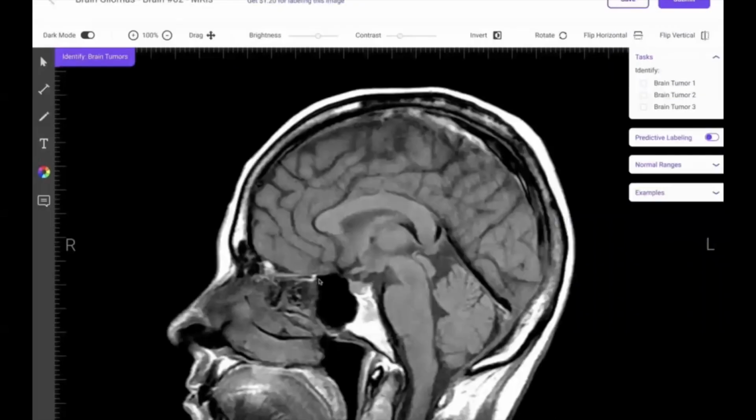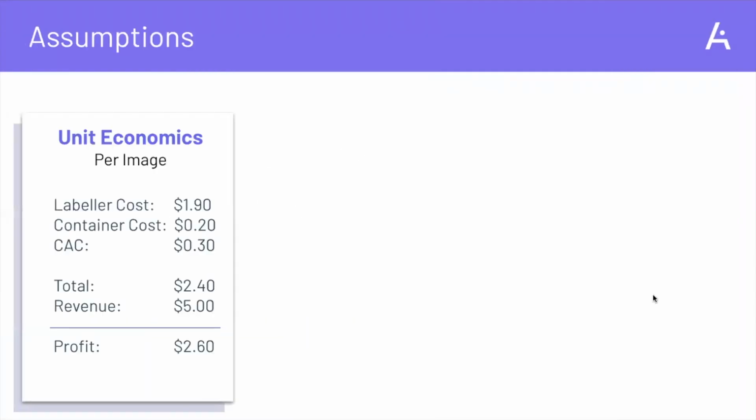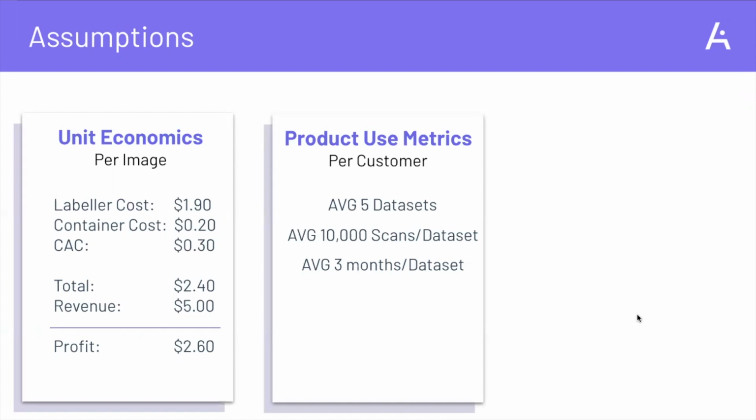Thank you. Next, let's go through the business model. So we think on a per image basis, we can net a profit of around $2.60. And we think we have a fairly sticky product, given that per customer, we see that on average, they have around 5 data sets, and each of those data sets has around 10,000 scans. And since it takes about 3 months for those data sets,